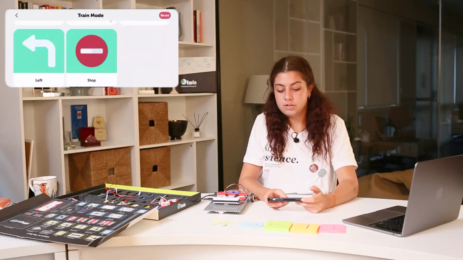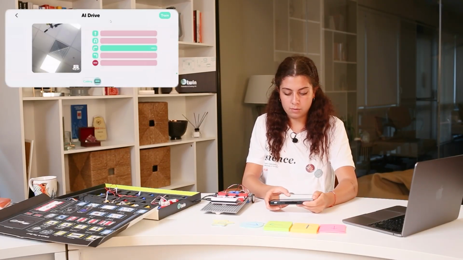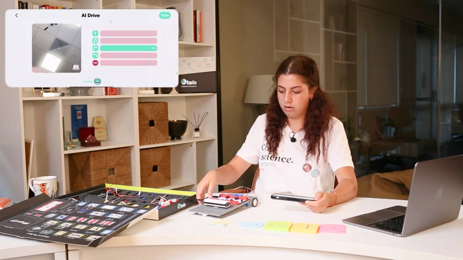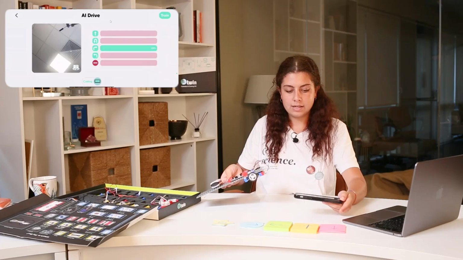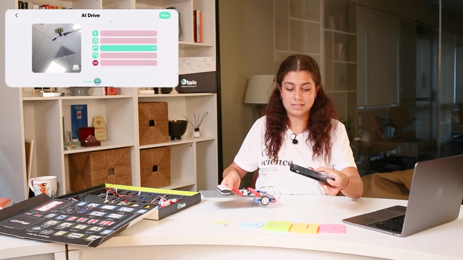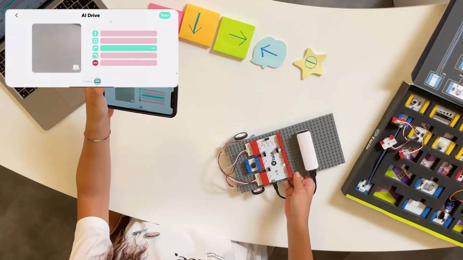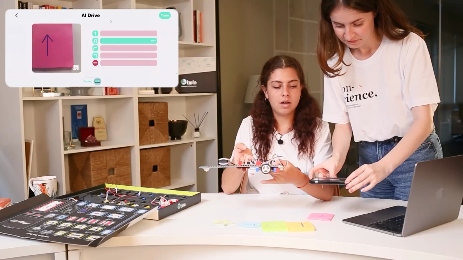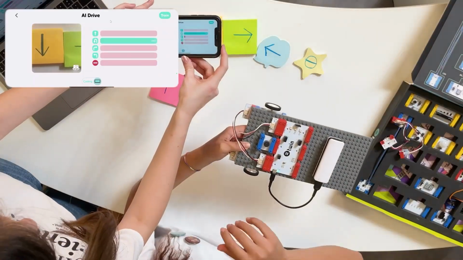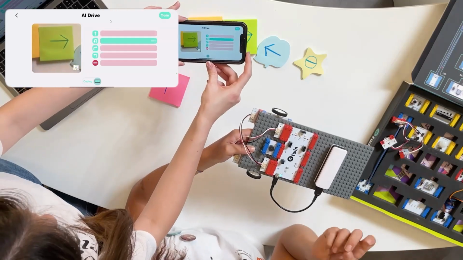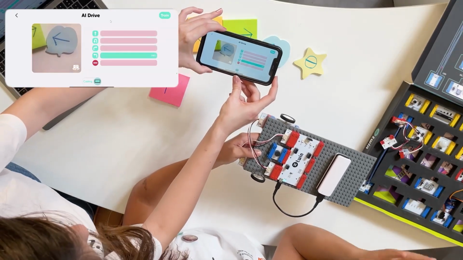After taking photos of each of the visuals, we're going to go back, and then we are going to connect to our car that we have previously done. I had already connected to this. Now AI is trying to understand what it sees and comparing it to the images that we have. So if we put our camera towards the forward post-it that we drew, it should actually go to 100% in forward, but it sometimes doesn't because AI can be tricky